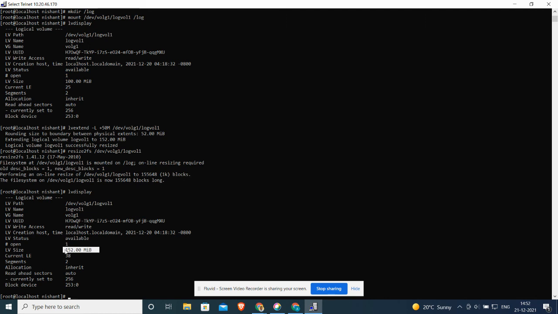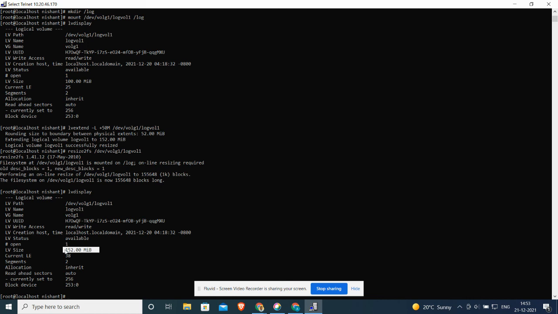So this is the benefit of logical volume, that we can increase the size, we can decrease the size. If you see that a user needs more space, then you can increase the size. Similarly, you can decrease the size, but for decreasing the size, some more steps are required.